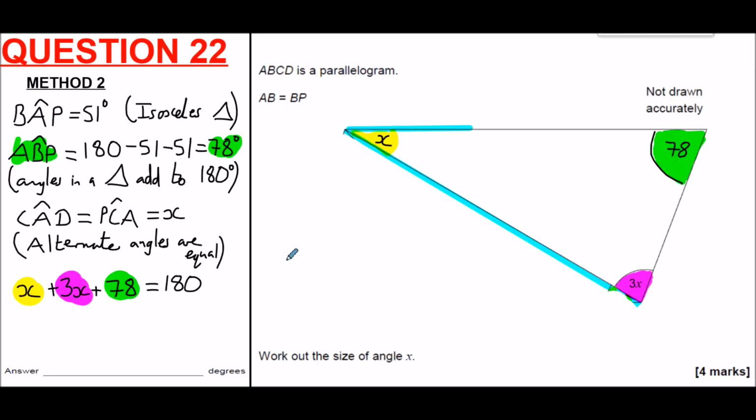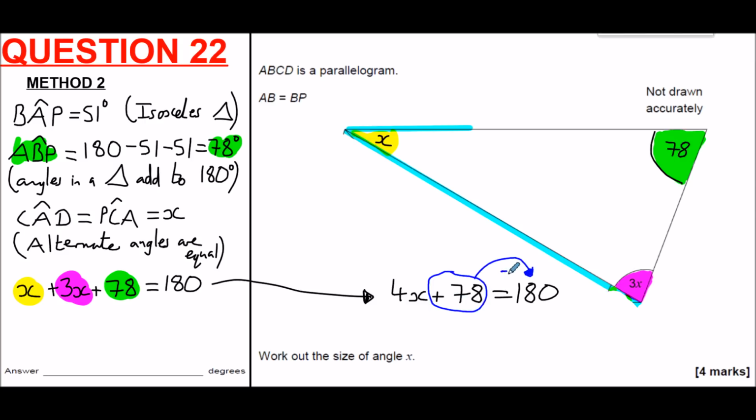Now this equation can be simplified. I'm just going to move over here so I've got more space to write. x plus 3x is a total of 4x's plus 78 equals 180. We want to have the x's on their own, so what we could do is get rid of this plus 78. If we swap the side, we swap the sign. Opposite of plus is minus. And so what we get here is 4x will equal 180 take away 78, which gives us